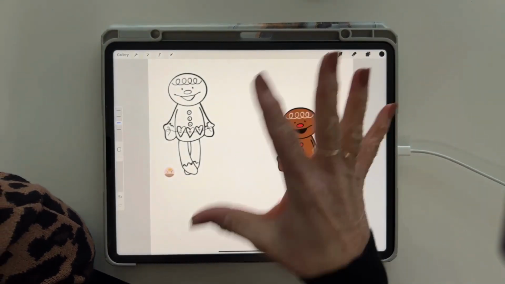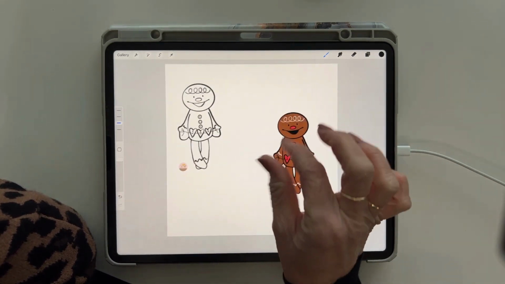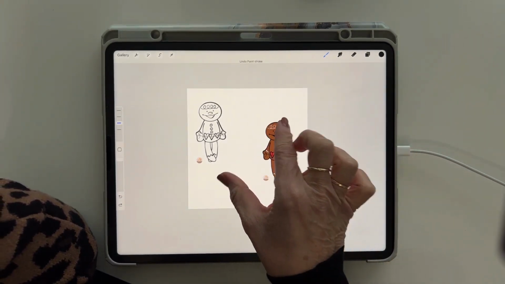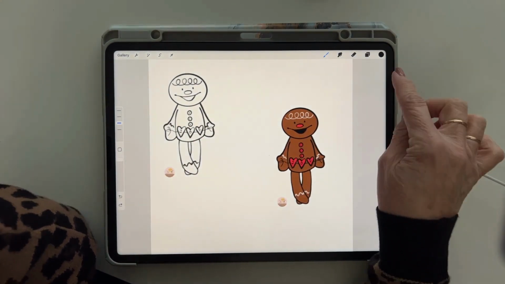gestures are really handy in Procreate. And so I can make this smaller. I can make it larger. I can do a pinching. Whoops, I just drew on it. I can make a pinching gesture and bring it back to full screen. So